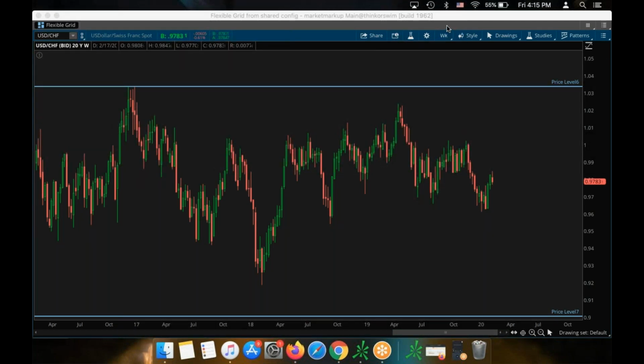I am taking a look at what could potentially transpire next week on the dollar Swiss. I'm looking at it, and we're sitting right smack dab in the middle of two weekly segments. So this is starting from a higher time frame, and we've been on a pretty hefty downtrend pretty consistently over the last several months. But coming into